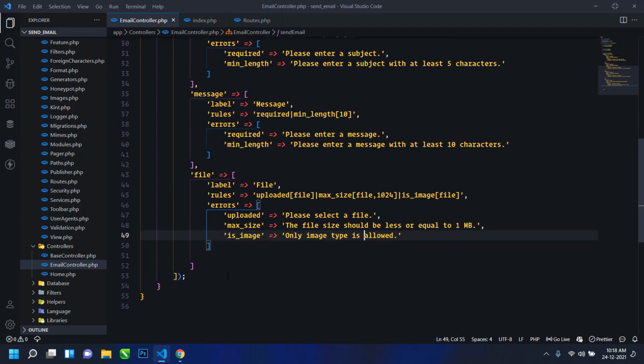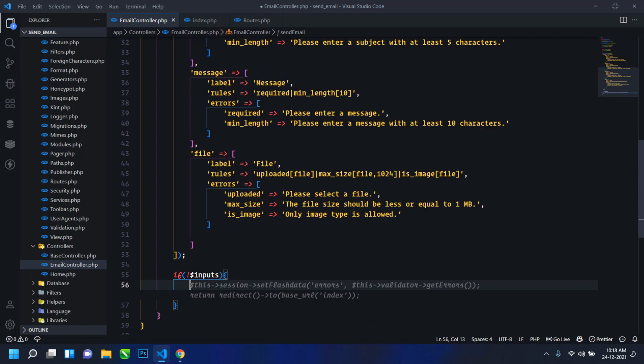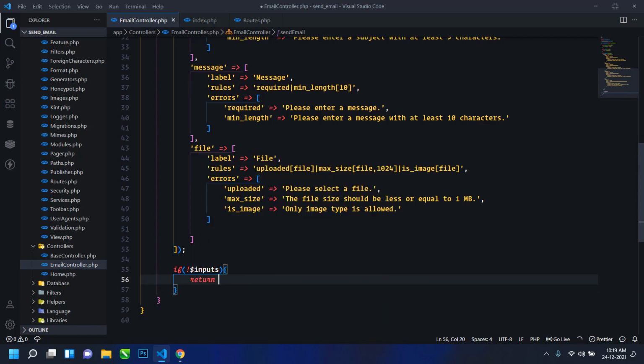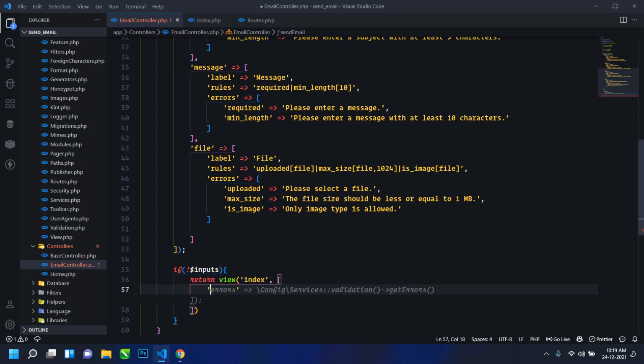Now we have to just use an if statement, and here I will check if not inputs. So in case validation fails, in this case I will return view, and I will return to the same view, that is index, and here I will send, sorry, here I will send the validation error message.